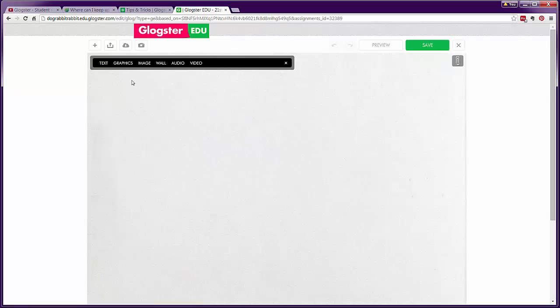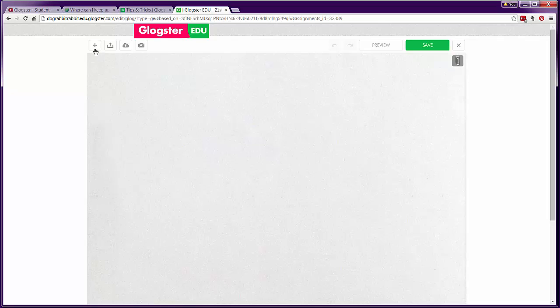Because this is a project that your instructor has created, you will not be able to choose a template. The template will be whatever your instructor has assigned. In this case, I have a horizontal glog with a gray background. The black menu bar that you see here should come up automatically. If it doesn't, just click on the plus symbol on the top left, and you will be able to add